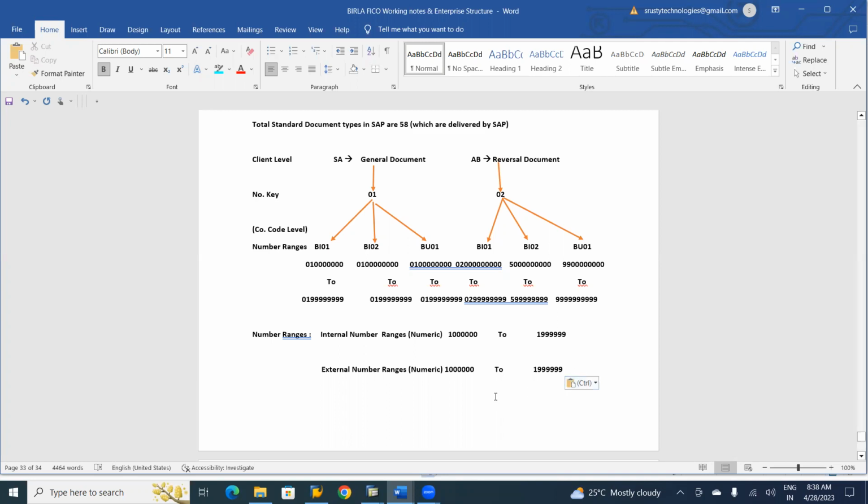Out of this range, the user can give his required number. Means the system will not pick automatically, serially. The user has to give it if we select an external number range. Clear this? Most, 99.9 or